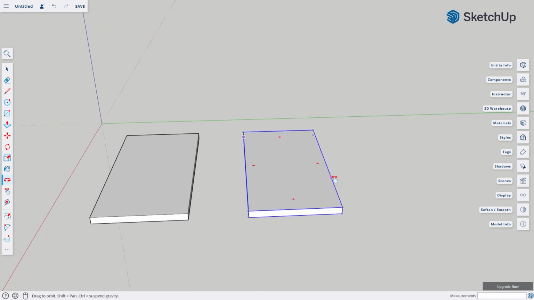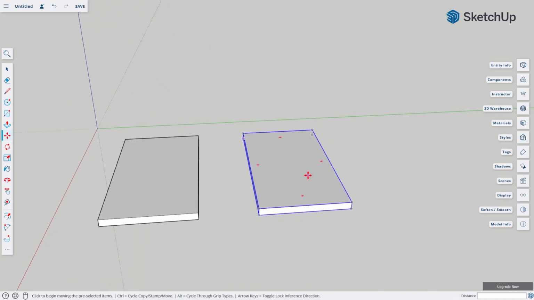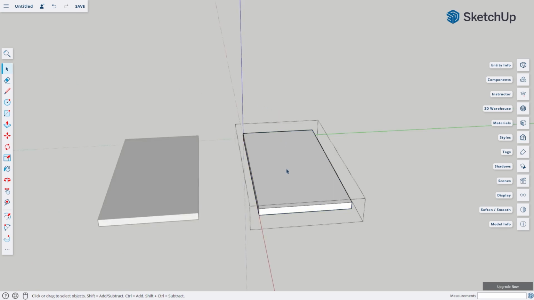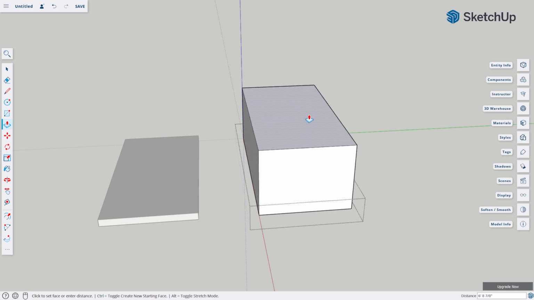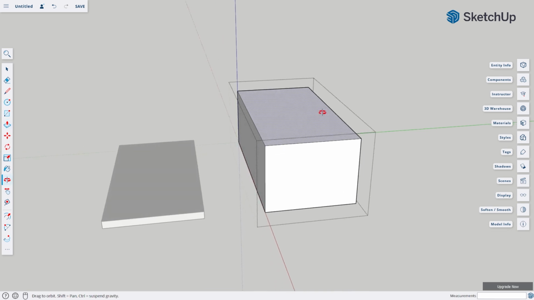Now, I can use this to build the model of the first level. I'm going to double click this using the select tool to enter into editing mode. This allows me to modify or adjust the geometry inside this group without affecting other parts of the model. So now I want to increase the height of this. So I will click on the push and pull tool and hover over the top part. Click once and now I can move my mouse to increase the height. I think this looks good.